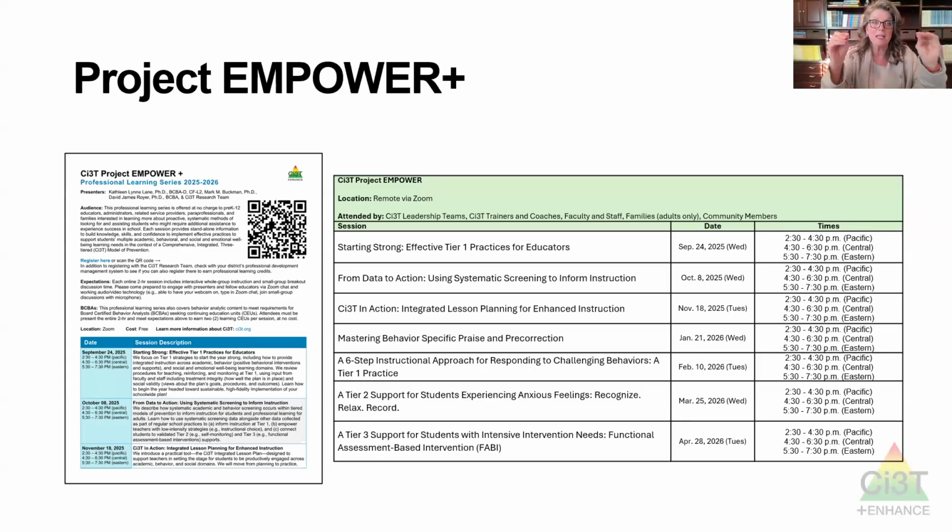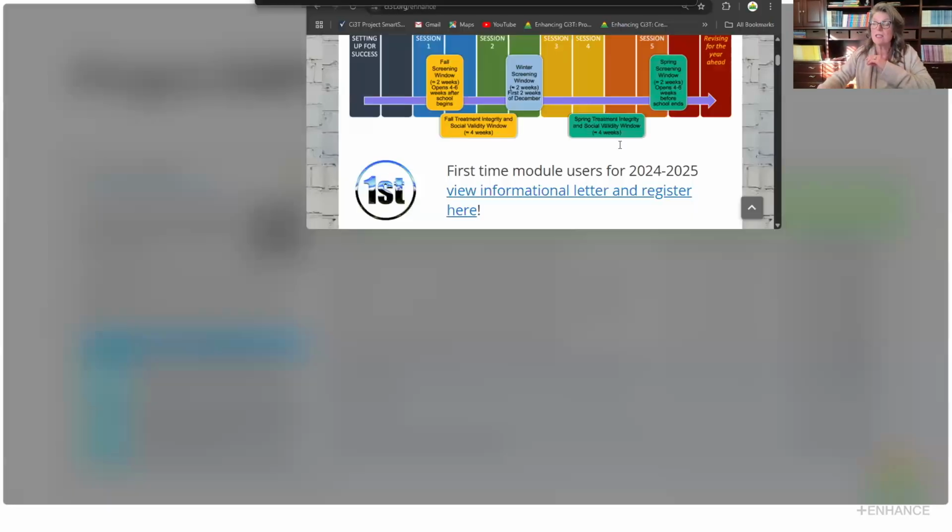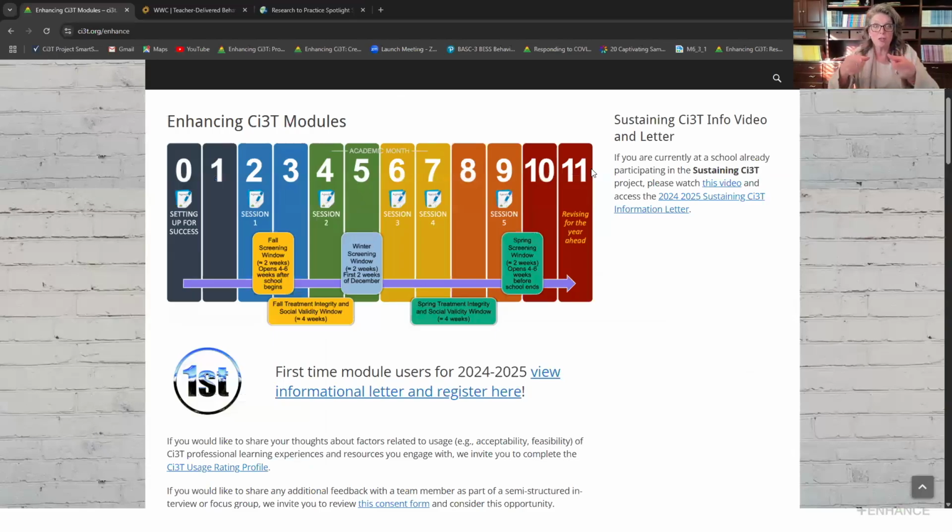The other thing I want to say, if you are here as one of our 6 partner districts this year, you have in your inbox an email from Mark Buckman where you're going to get a chance to say, here is what I'm thinking. Like there's the Ci3T usage survey. We'd love to have your feedback. And if you are somebody that provides instruction to students in those 6 districts, there's also an opportunity for you to give feedback on your own sense of efficacy.